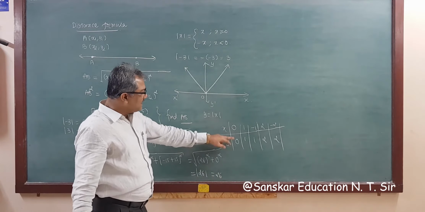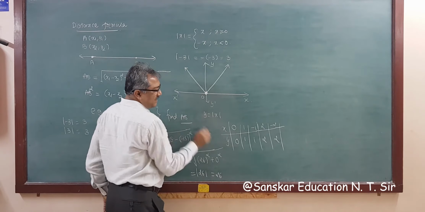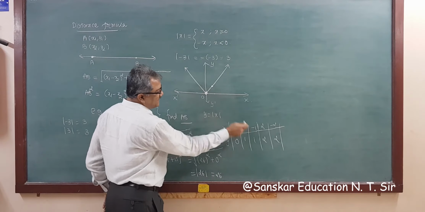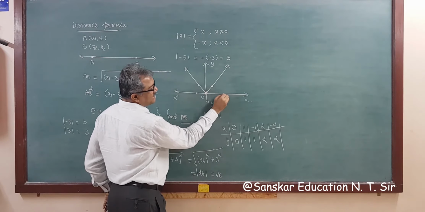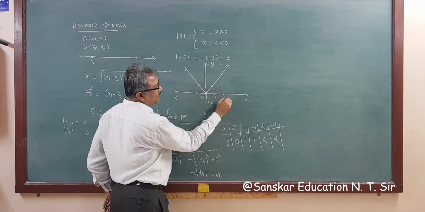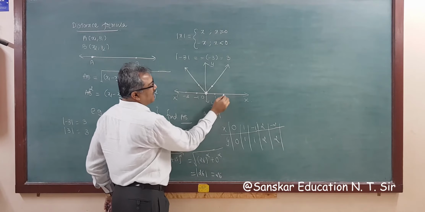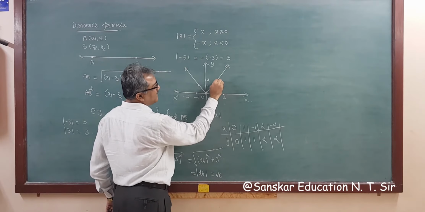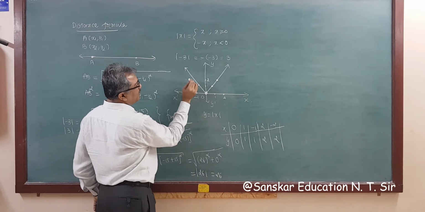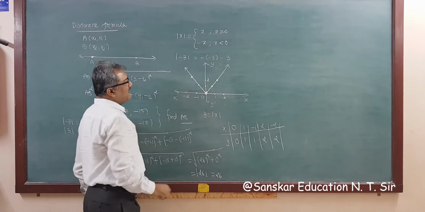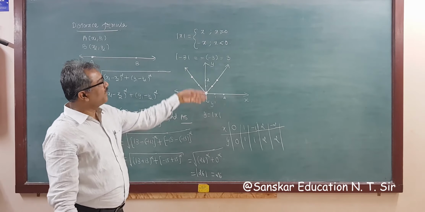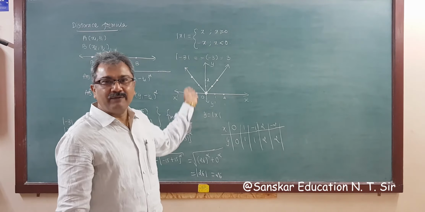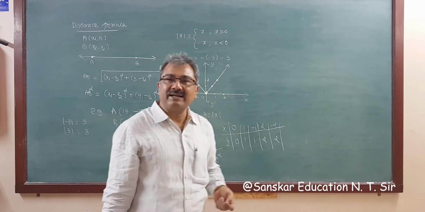Right? So if we plot these points, then origin 0, 0 is this. X-axis 1, y-axis 1. So this is 1, 1. X-axis minus 1 and y-axis 1. This is x-axis 2 point, 1, 2. This is suppose minus 1, minus 2. Then from y-axis this is 1 and this is 2. Then from y-axis this is 2, minus 2. So like that, if we plot the graph, the graph of the modulus function is like this. We are going to learn about different types of functions in a chapter called relation and function.